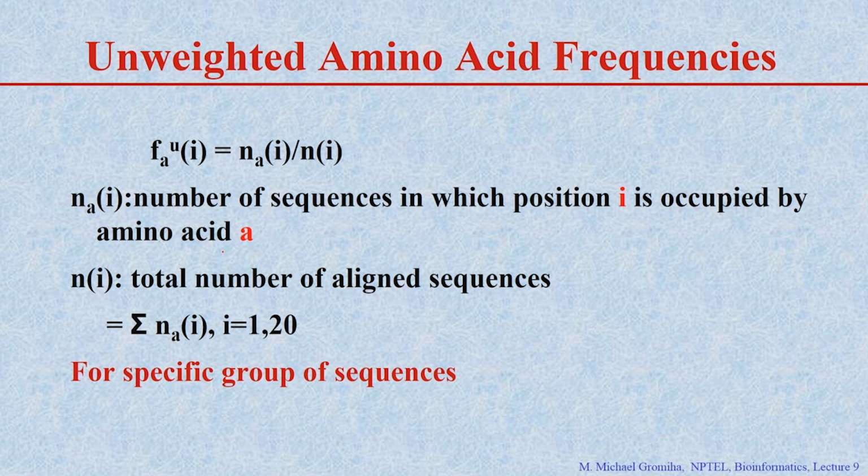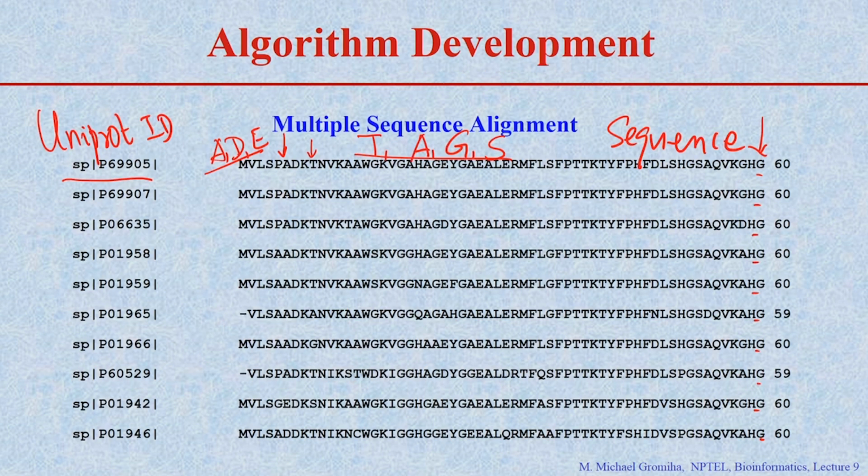Here we do not give any weightage. In this case, U means unweighted. So the frequency of residue A at the position I is given as the number of sequences having the residue alanine at position number I, normalized with the total number of aligned sequences. So this I varies from 1 to 20 for the 20 different amino acid residues. If you see this alignment, what is the frequency of occurrence of these amino acid residues